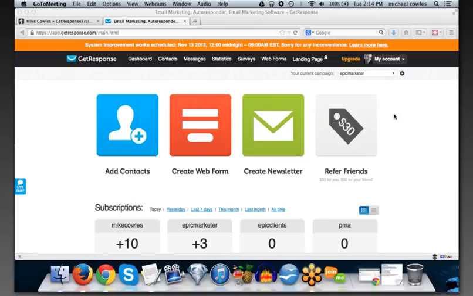But then I don't know about how long ago it was, let's say within the past year, GetResponse all of a sudden came out with a whole new look, a whole new dashboard, an iPhone and Android app for the service, and really just blew it out of the park with a ton of new features. And so I've switched over and I have not looked back since then.